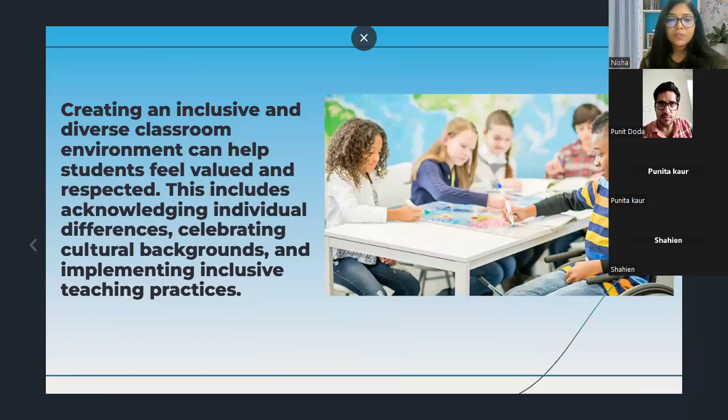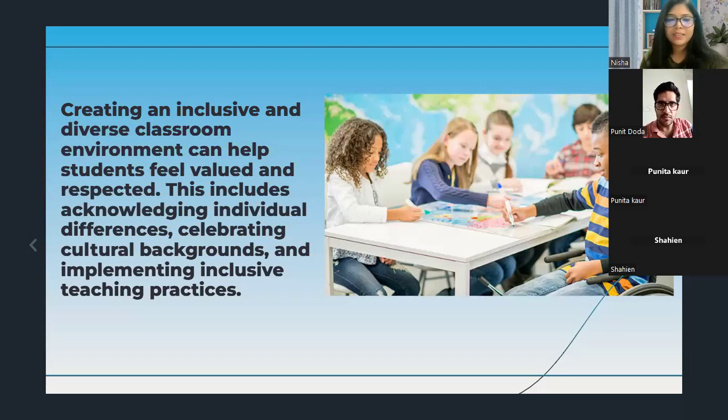Then inclusivity and diversity. Creating an inclusive and diverse classroom environment helps all students feel respected. Celebrate and acknowledge students' cultural backgrounds and individual differences.